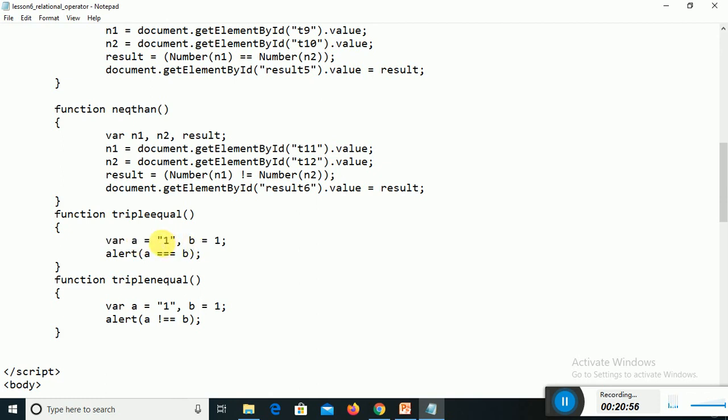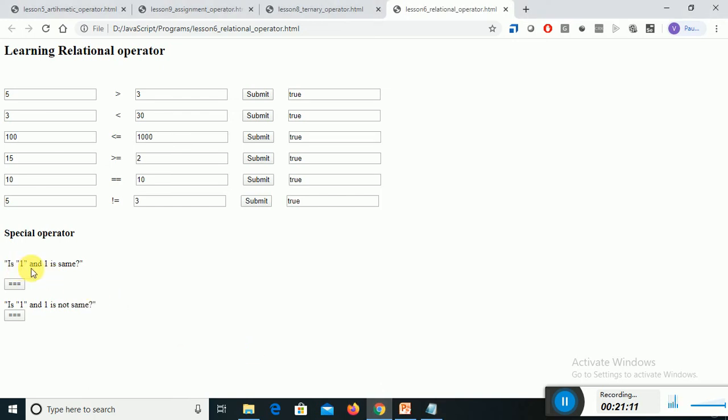Apart from that, we have and, or, not operators. And, or, not operators are functionally similar to C language, C++, Java and others. If you are using an and condition, both the conditions should be true. For example, A and B, if condition 1 is false, it will not even go to the second condition, right? So both the conditions need to be true.